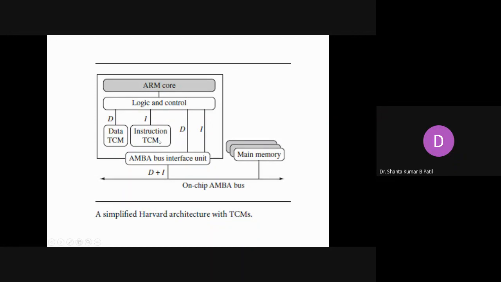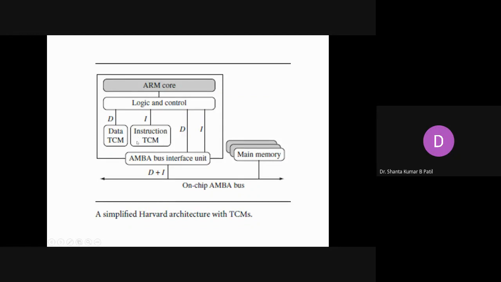So tightly coupled memory is a small RAM built on the same chip as the processor. See, this is written chip. This is the processor chip, and along with the ALU and MAC, we are placing some small RAMs also.